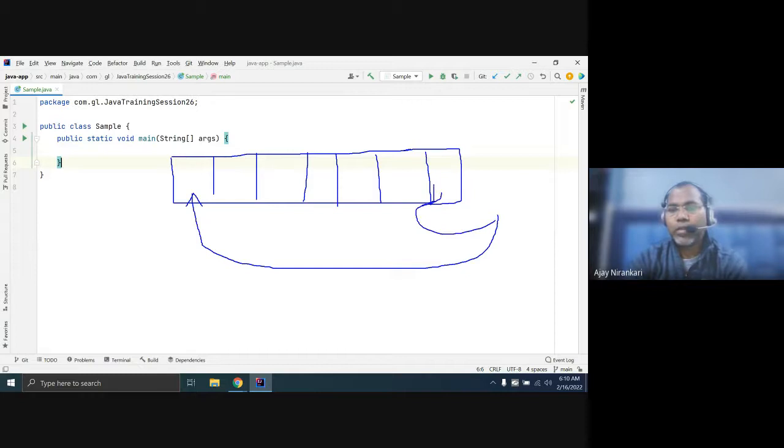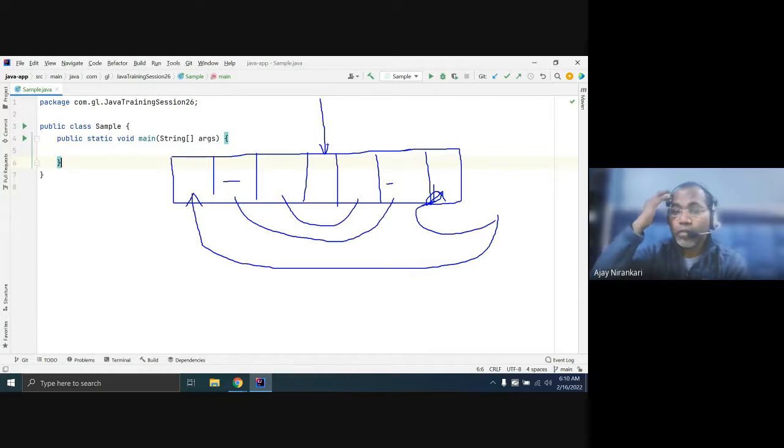Okay. If these match, then again check the next pair. If this does not match, then you can say it is not a palindrome. But if it still matches, then you can again check these two. Whenever you come to the middle, you have only one character, so you don't need to compare. Just say yes, it's a palindrome.